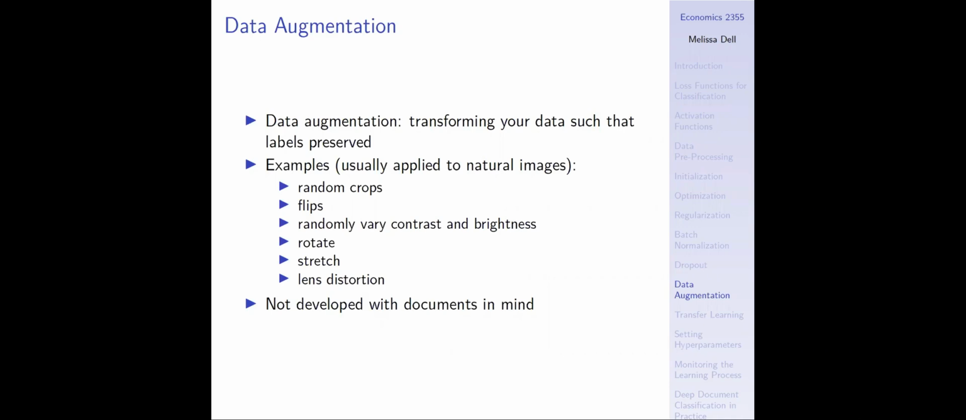By and large, these weren't developed with documents in mind. And so if you're processing documents, you might not get quite the results that people get when they're processing natural images in the literature. And we'll come back to this later in the course. But in general, you take these and you apply them to your labeled data, and then you train